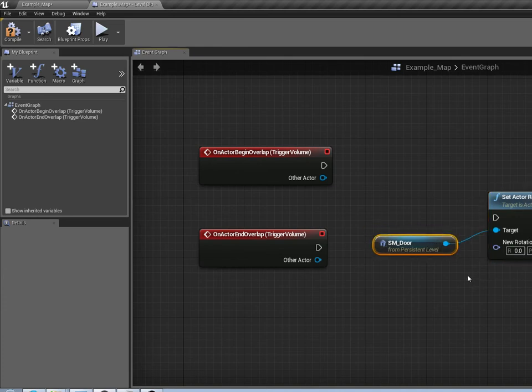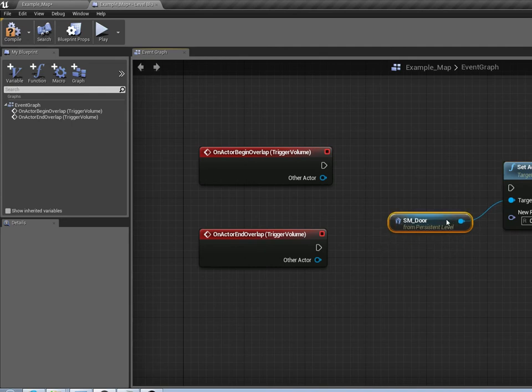So now this is just like the toggle visibility function. It has who you're targeting, but now instead of propagating to the child, it has a rotation. This is the roll, the pitch, and the yaw of the thing you want to set to. So if you go into the yaw and type 120 here and plug that in,